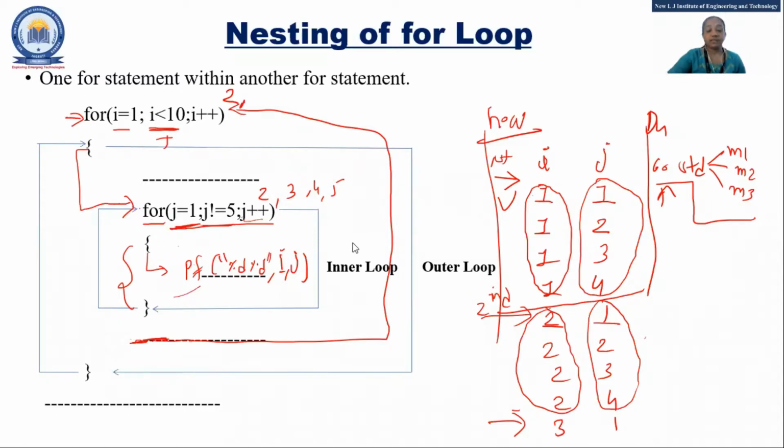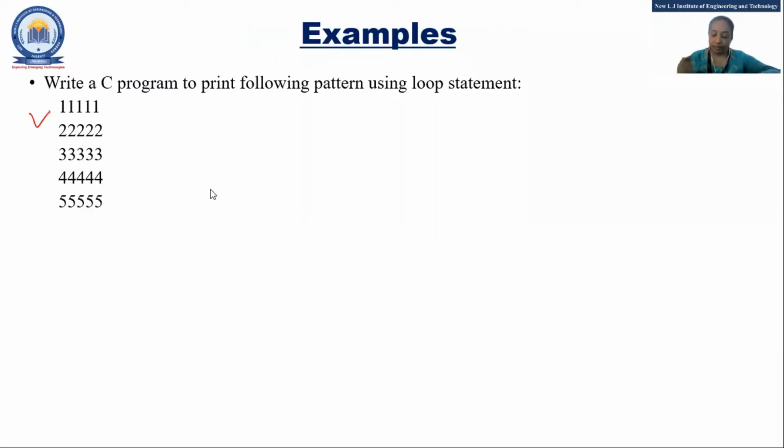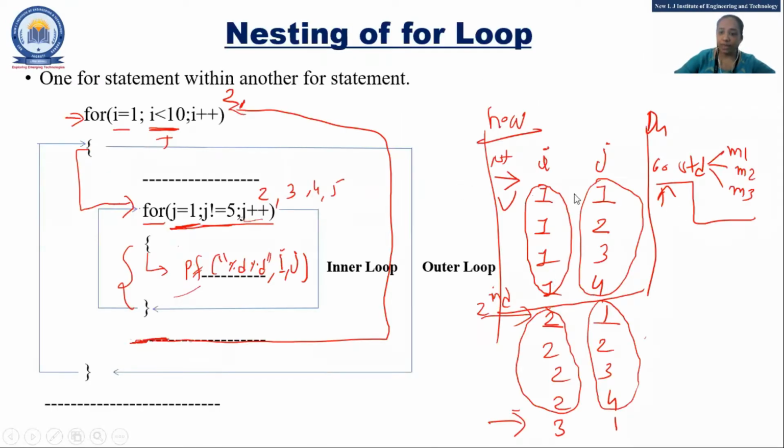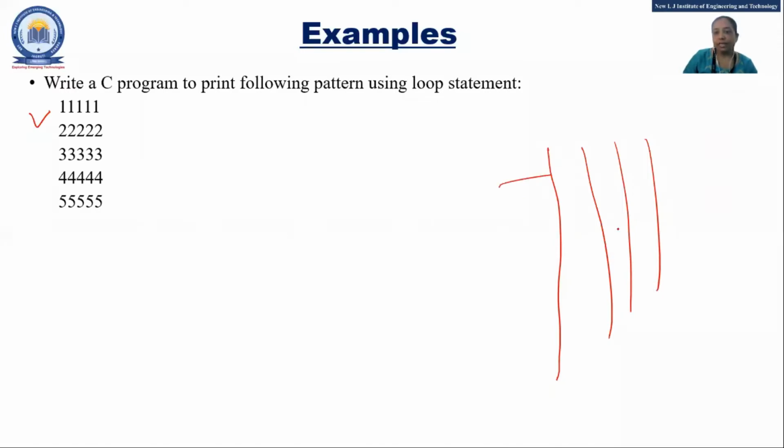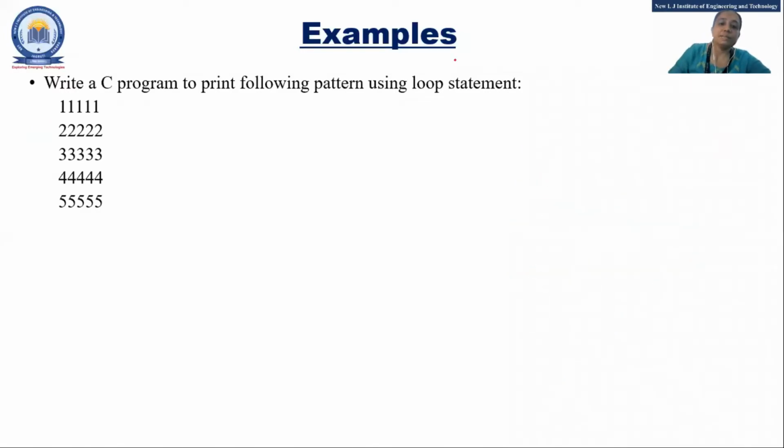Now next we will move to the pattern. How to do the pattern? Whenever a pattern is asked, what are you going to do? See, if I need to implement this, the value of i is 1 and the value of j is 1 to 4. Can I say that this is the row and this is the column? Just think about the matrix, that means the number of rows and columns. So if I have any pattern, just make that pattern into a row and column matrix.